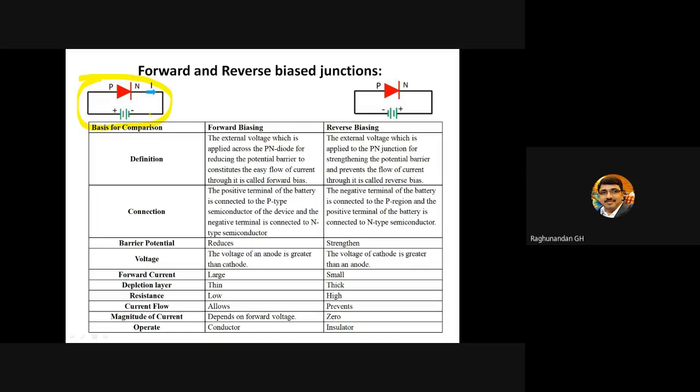A PN junction is the two parts of a diode. Okay. Two parts of a diode. To make a diode, what are you going to do? When you say it's two parts of a diode, we can call it a PN junction only, no? Why do you call it a PN diode or diode?